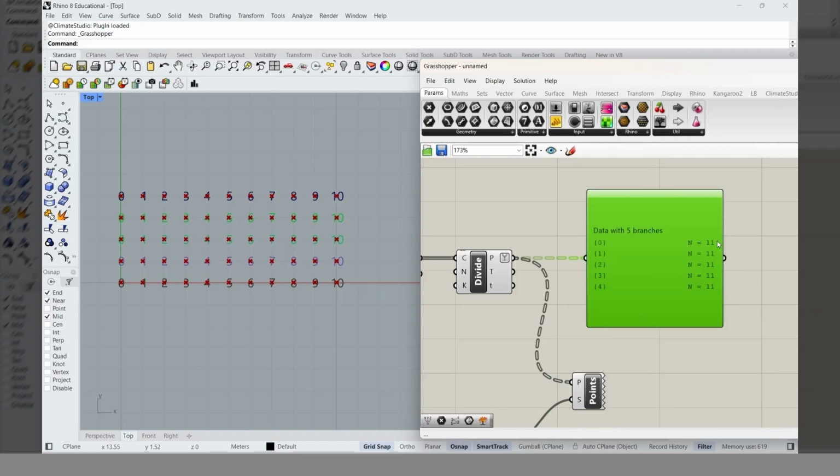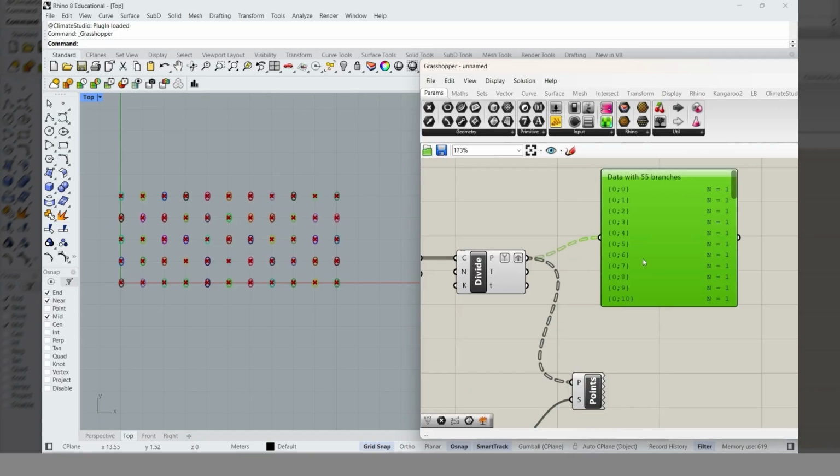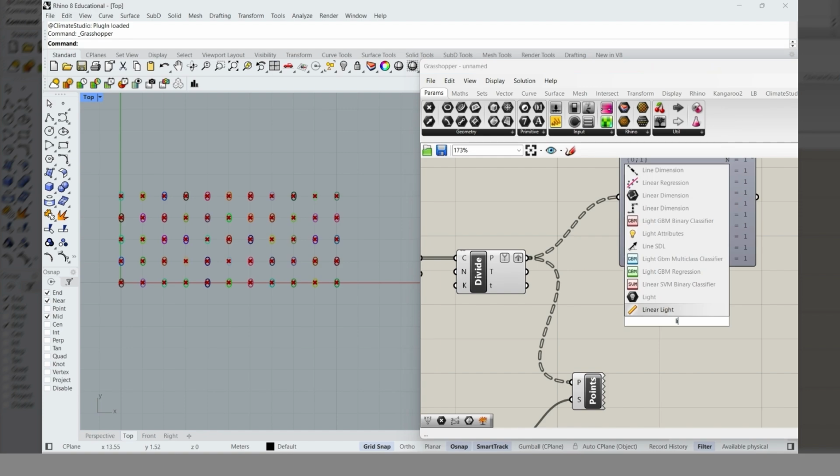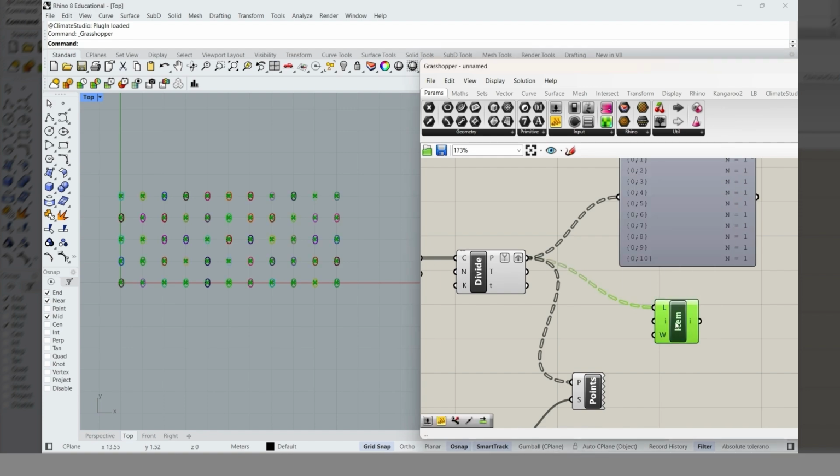Sometimes we need to put each of the points into a single branch. To do that, we can use the graft function. And now you can see that I have 55 branches. Each of the branches has 1 point. In this case, if you use list item to select any of the points, you'll see that regardless of the index, you'll select all of the points because all of the points will be indexed as 0